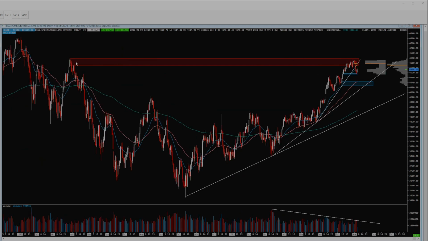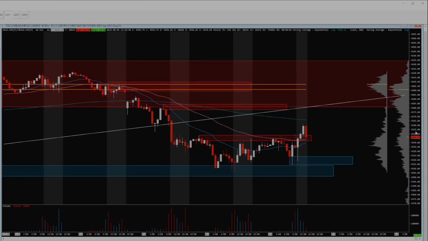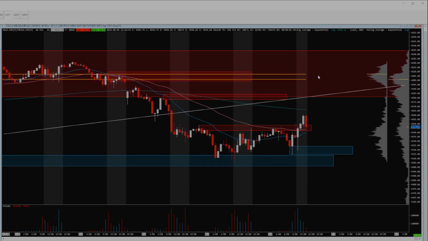Currently still kicking around this daily supply. We sold down, kind of finding a little bit of a bottom here. This is an hourly demand zone, daily demand zone. Let's jump into the 60 minute chart, the 1 hour chart. So this is kind of the range that we've been looking at. That's the daily, hourly supply, hourly supply, hourly supply, daily or hourly demand, another hourly demand from the overnight pre-market session. And I think what I was trying to do today,